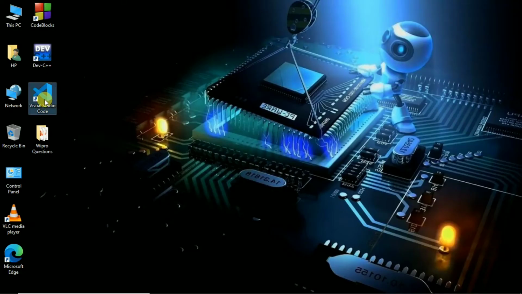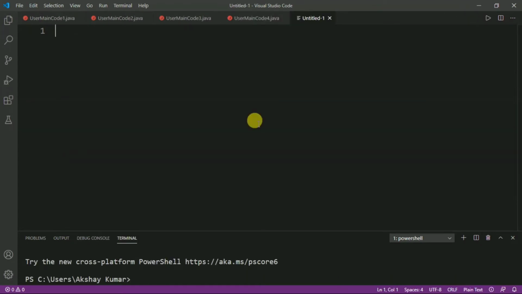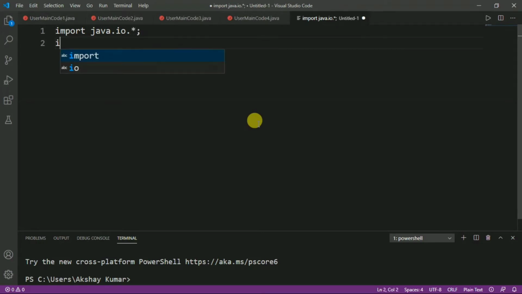So now let's open Visual Studio Code. Now press Ctrl N for a new tab. At first we will write the program, after that we will see how it works. Initially we have to import some Java packages. So let's write import java.io.*, and the other package is import java.util.*,